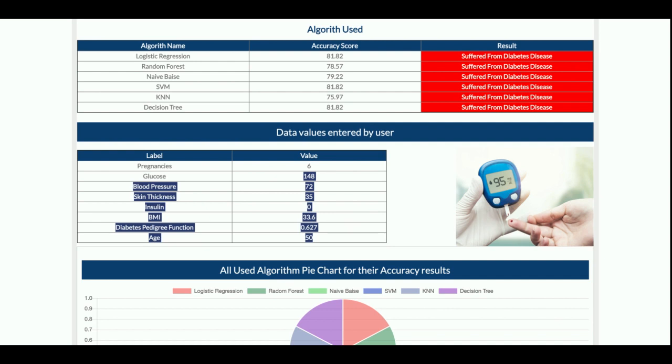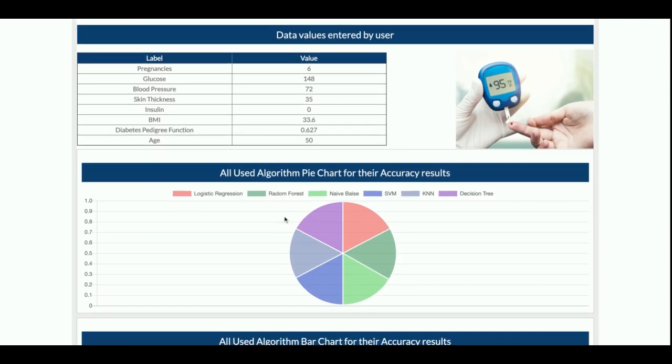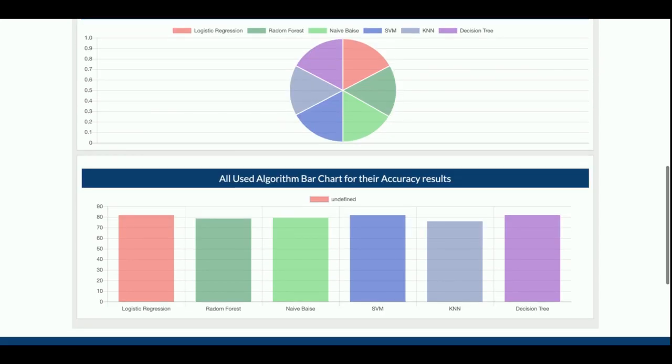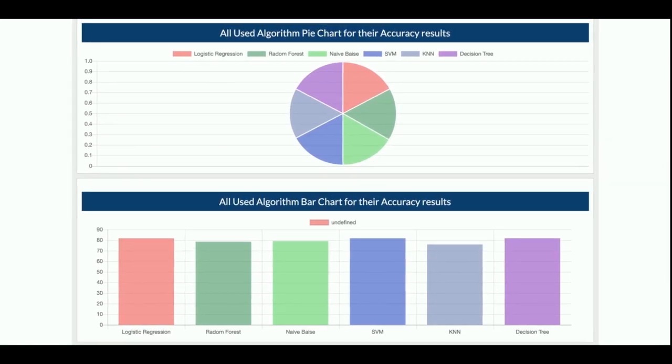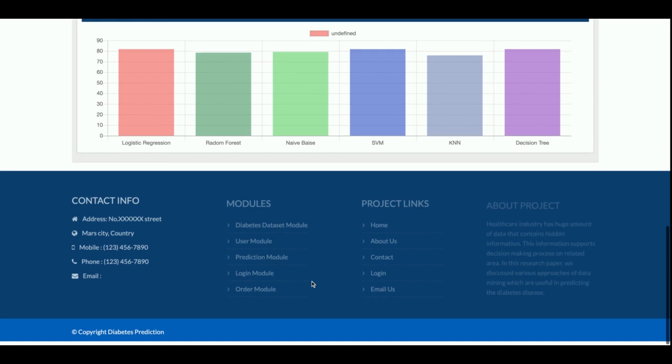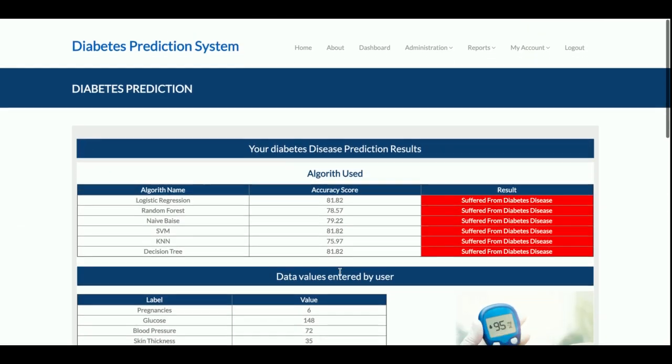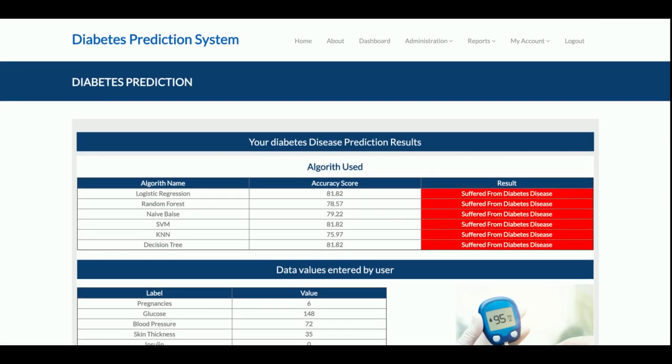And this is the accuracy score. If you run the algorithm, it will show you how accurate a result it's giving. This is the accuracy score, and this is the accuracy results graph here. All 6 algorithms are predicting that you are a diabetic person.